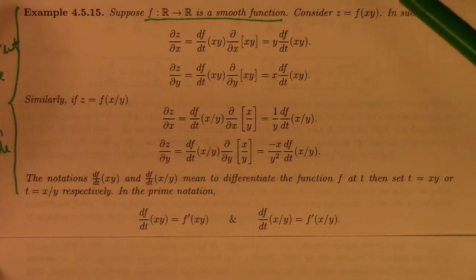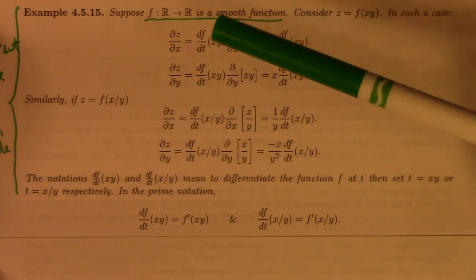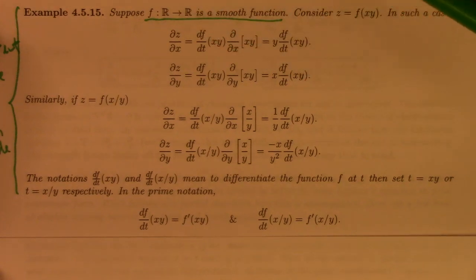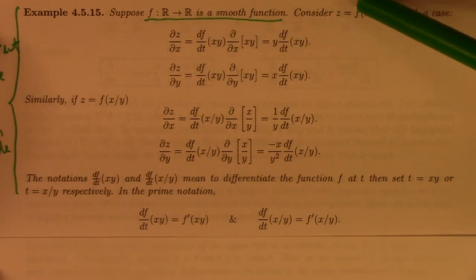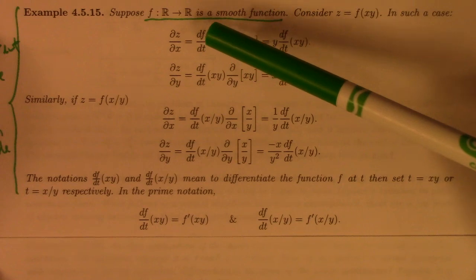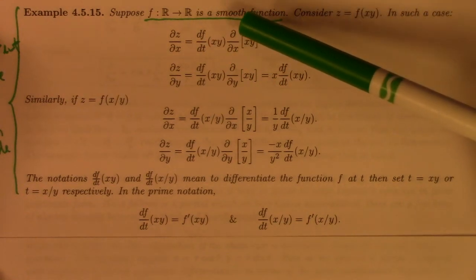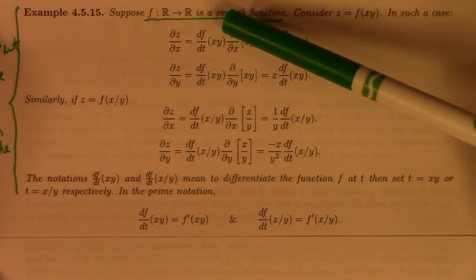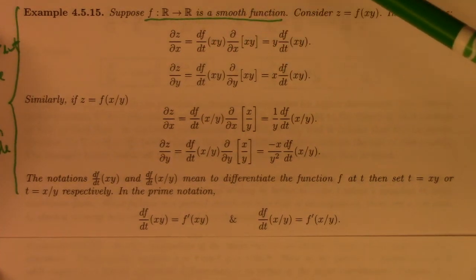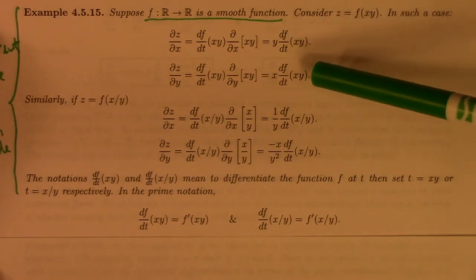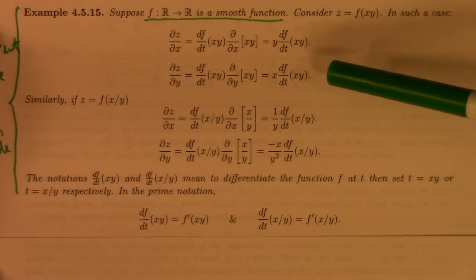Anyway, so here I'm thinking of x and y being independent. And so what I'm saying is partial z, partial x would be the derivative of the function with respect to its variable, which I'm calling t. And then I have to evaluate that at xy, and then multiply by partial x of xy, because that's the inside variable. And so I get that. I mean, what I've written here is not wrong, but